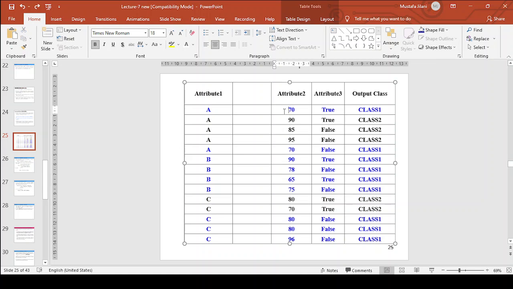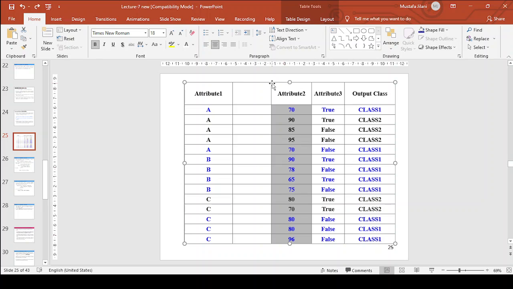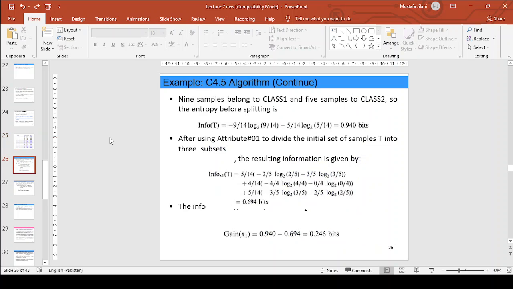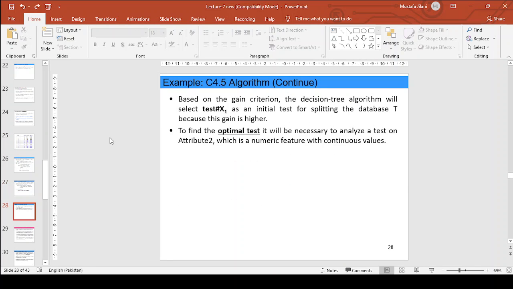If I remember correctly, there are 8 or 9 different values. So when we apply the C4.5 algorithm on a numerical attribute, we have to check each value, and for each value we split the data into 0 and 1. This is called optimal test. So you say less than 70, more than 70, 0 1; less than 75, more than 75, again 0 1. 0 1 means you are converting the numerical data into categorical, binary data. Then you keep doing it up to 95, because the largest observation is 95. You say less than 95, more than 95.